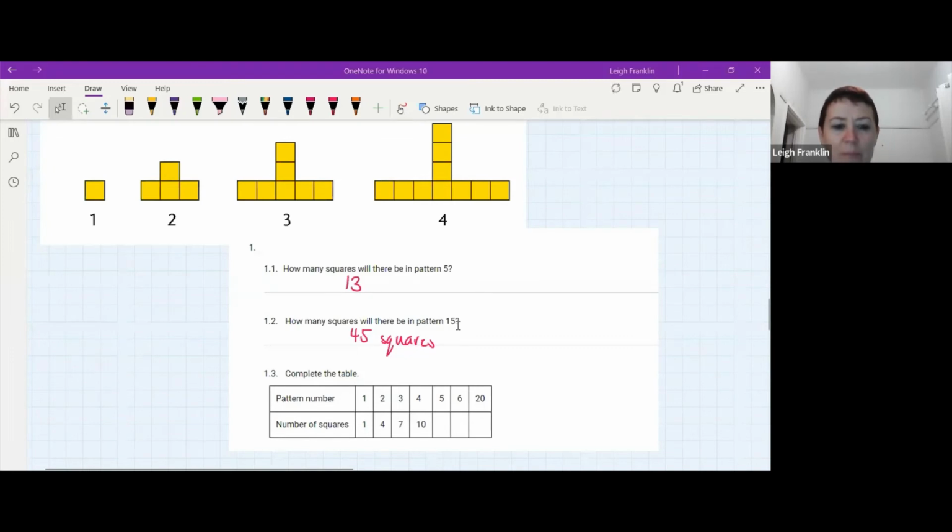Me. Me. Okay, someone said 55. Okay, how did you get 45? Tell me how you got 45. Ma'am, I took 15 and then the rule was plus 3 and then